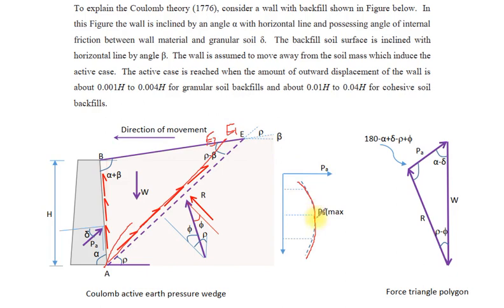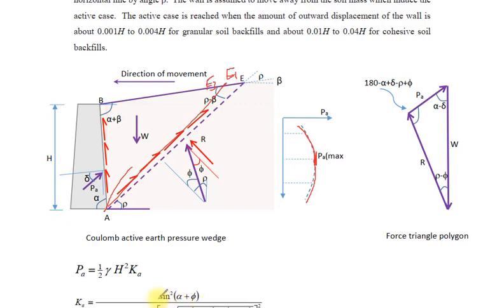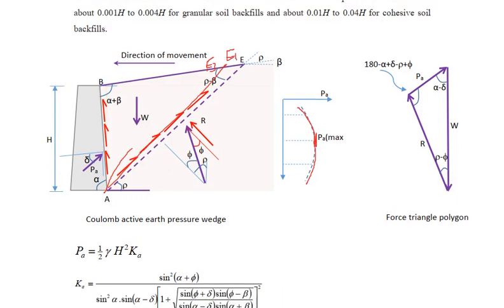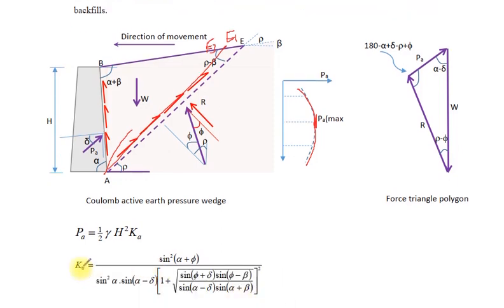The maximum value of PA is the solution of the lateral earth pressure at the critical angle rho. From this procedure of solution, PA equals 1/2 gamma H squared K active, where H is the height of the retaining wall, and